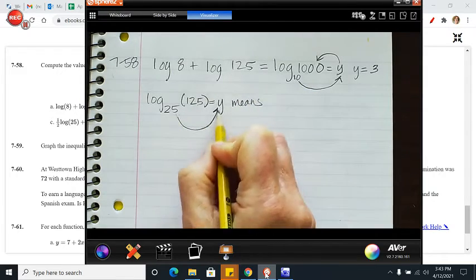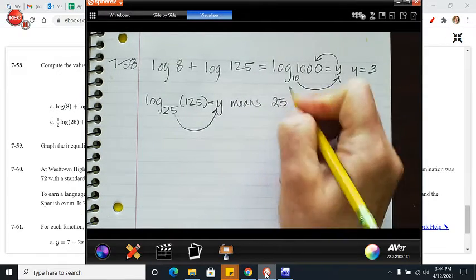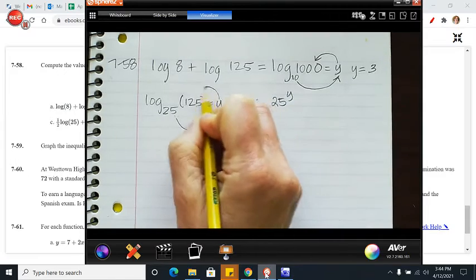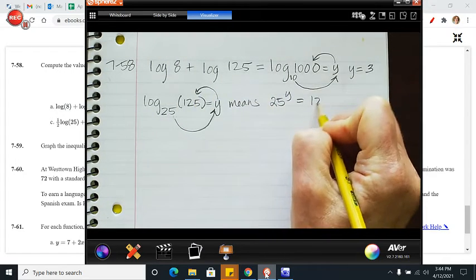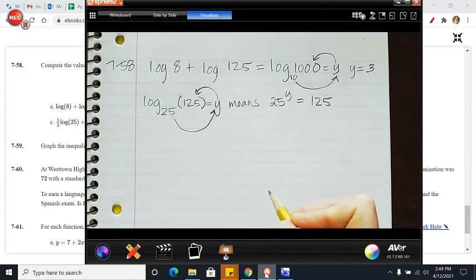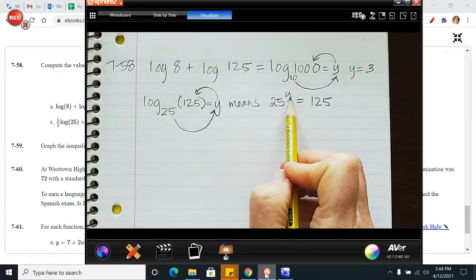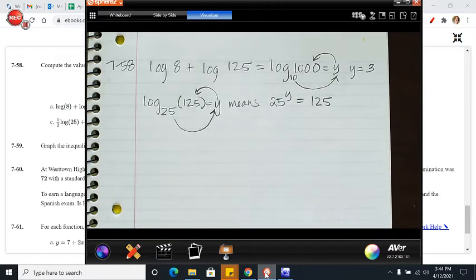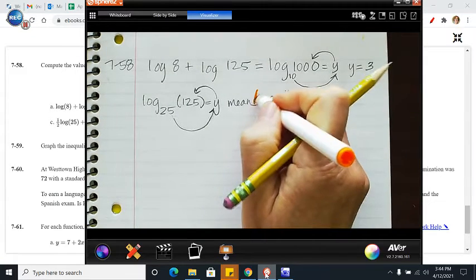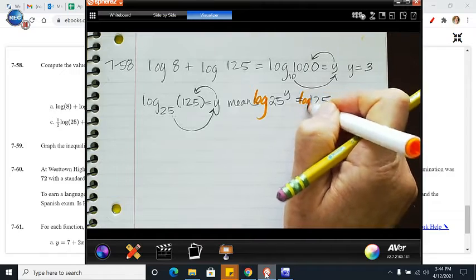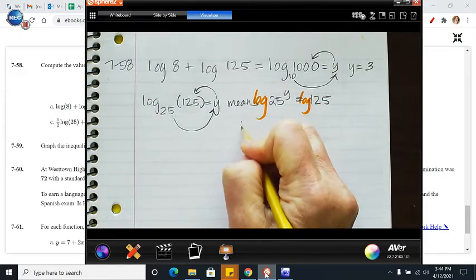So this means 25 raised to this power equals 125. So when the exponent is a variable, we can take the log of both sides, and that would give us